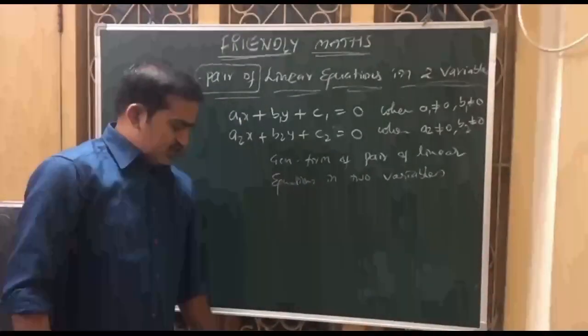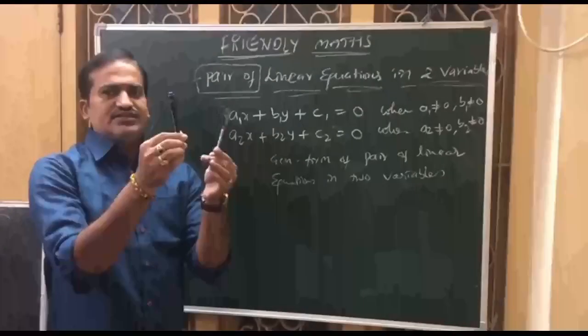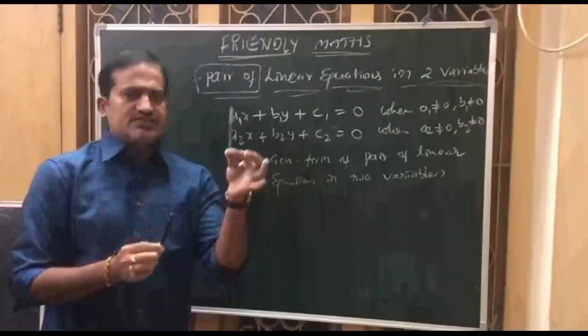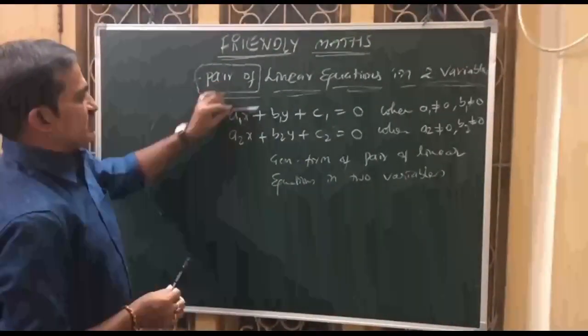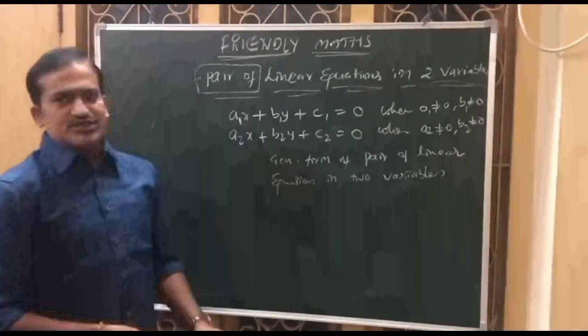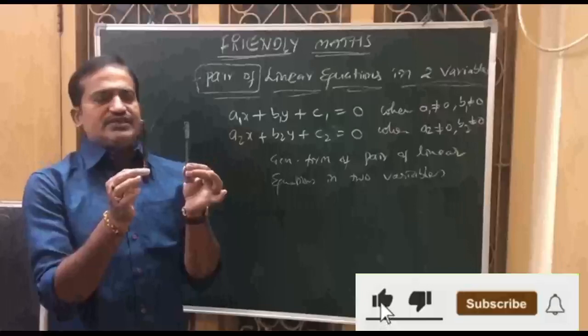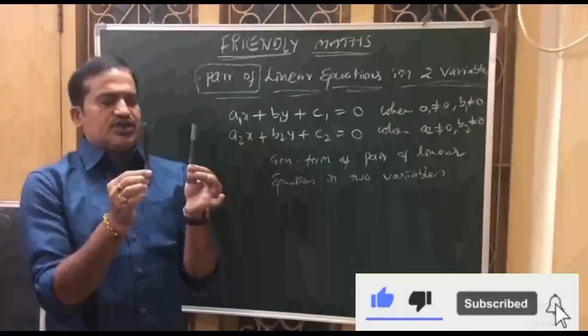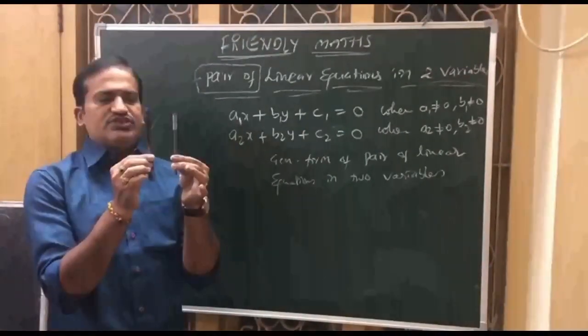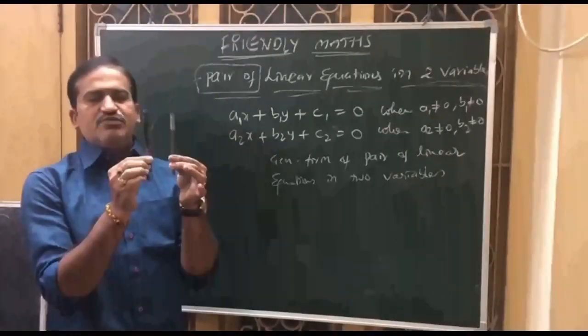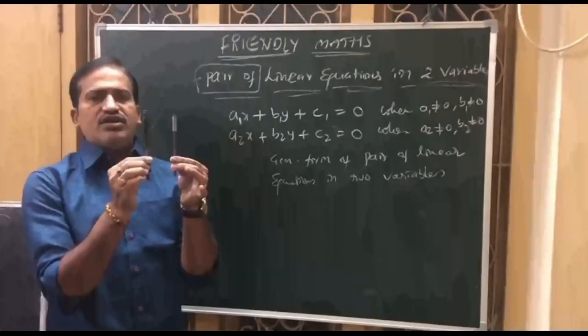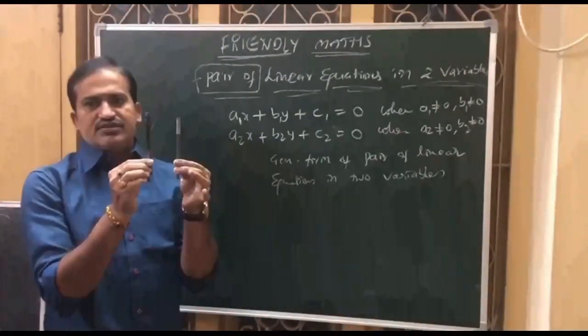That we can see. Now, I am taking two pens, which represent two linear equations. This is a1x plus b1y plus c1 is equal to 0, and this is a2x plus b2y plus c2 is equal to 0. Then in which position are these two pens? Now, the two pens are like this, meaning they are not intersecting at any point. Such lines are called parallel lines.